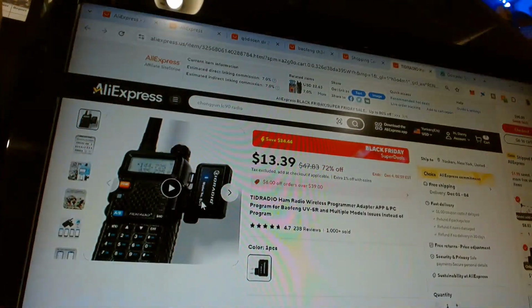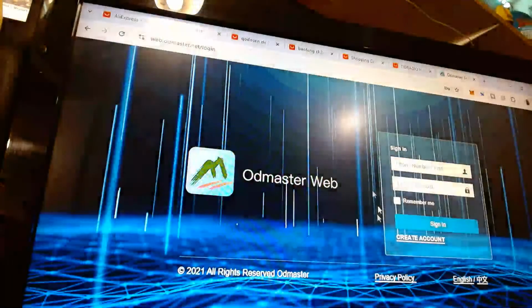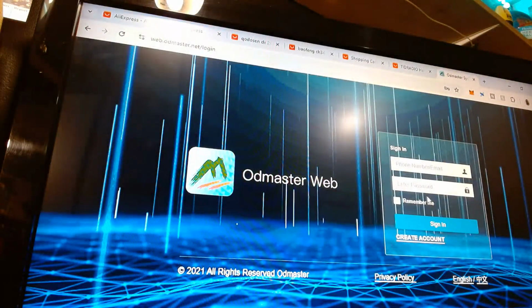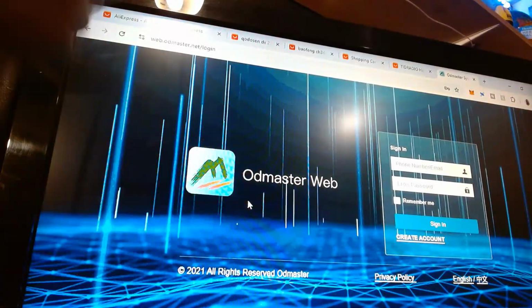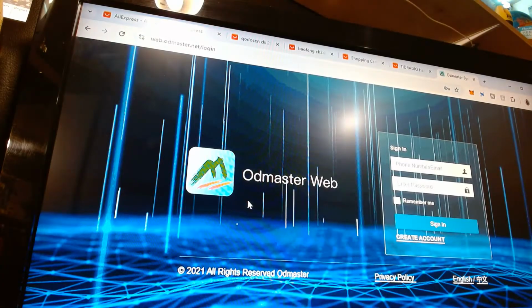You could either put it on your phone, which I'm gonna do, or if you don't want to put it on the phone, you just do a Bluetooth connection to your PC and use this software, OD Master. You have to make an account too. Then you sync it by Bluetooth, and you can put all that stuff on your radio, your Baofeng, your SH data, whatever is compatible.